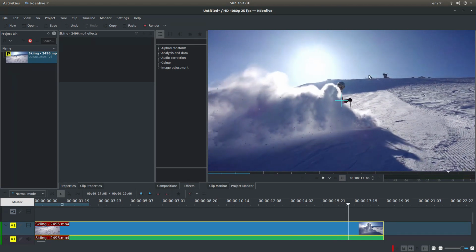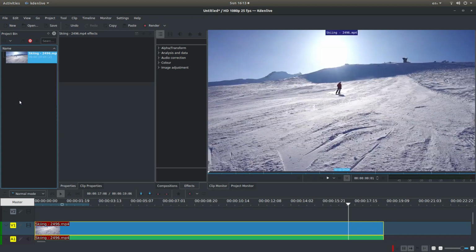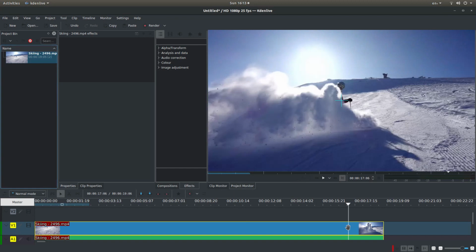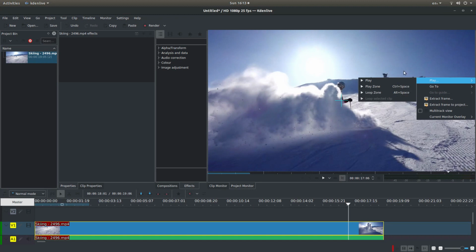Okay, so I'm going to say let's save this frame here as an image. Now the one thing you will need to do if you're using proxies is just right click on the video in the project bin, and next to proxy left click in the little box, so you're actually at the point that you want to be. Now what will happen here is that it will want to show you the video rather than the actual clip, so just left click on the clip and then right click in the monitor, and you've got something called extract